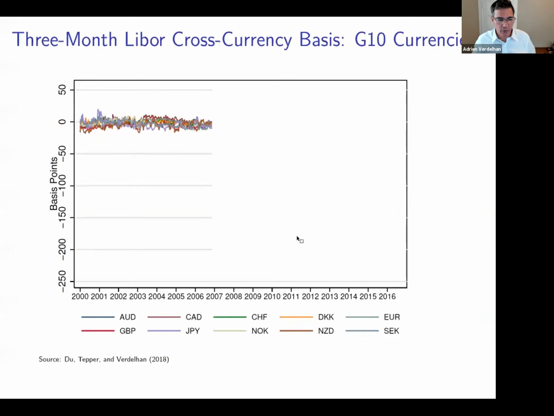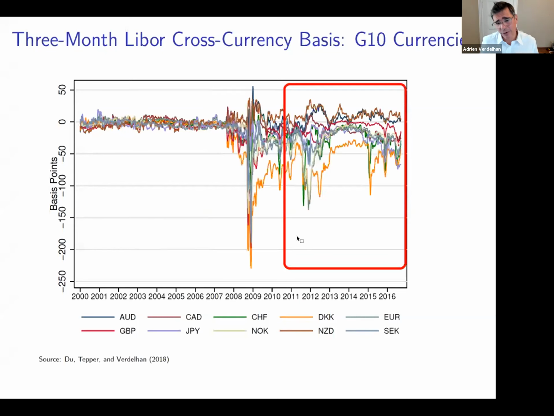So for a long time, apart from some very small episodes during a large crisis, the CIP condition held very, very well. What I'm showing you on this graph is the little x that I had on the previous slide, which is the difference between the direct interest rates and this synthetic interest rate. So it should be 0 according to the CIP condition. I'm showing you things in basis points, on top of it annualized. As you can see, it was pretty much 0 until the crisis. And after the crisis, it's not.